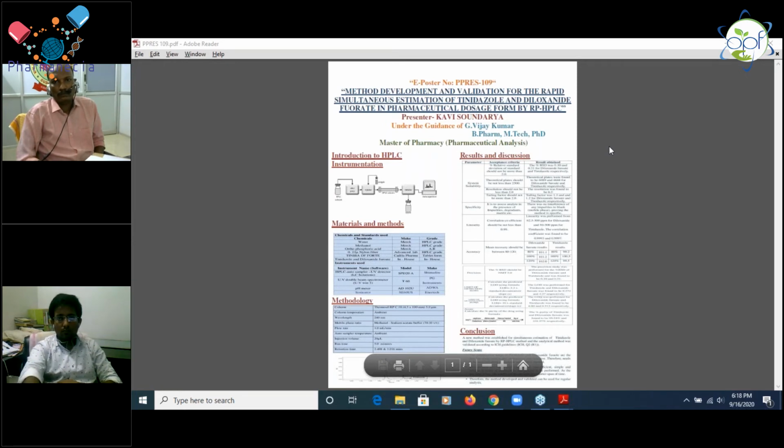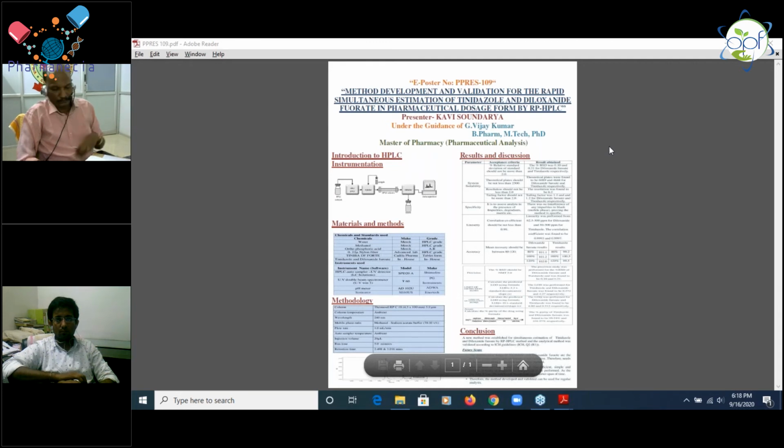So the LOD for both the drugs was within the acceptance, and for LOQ, the limit is detected and also quantified. So that can be used as a reporting value. Coming to the assay method, by using assay method formulation and comparing it with the standard available in the market, I have calculated the assay for both the drugs, which was 99% and 101%.